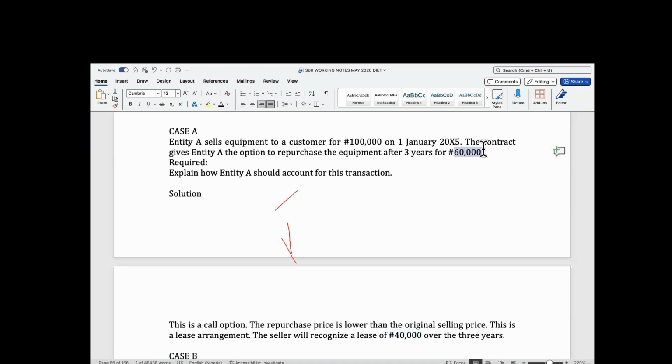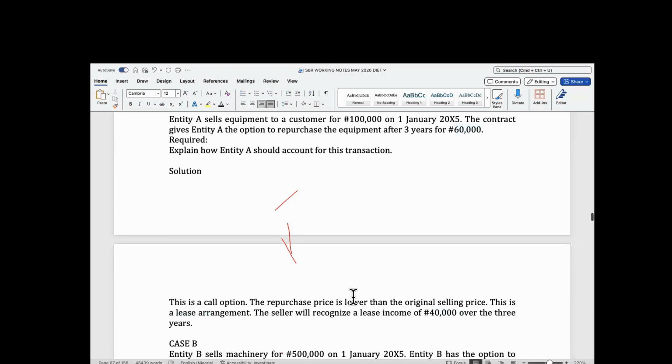Okay. So I'm just mentioning it for knowledge sake, right? The major thing here is for you to identify that it is a call option, it is a lease arrangement, and the difference is what we recognize as lease income